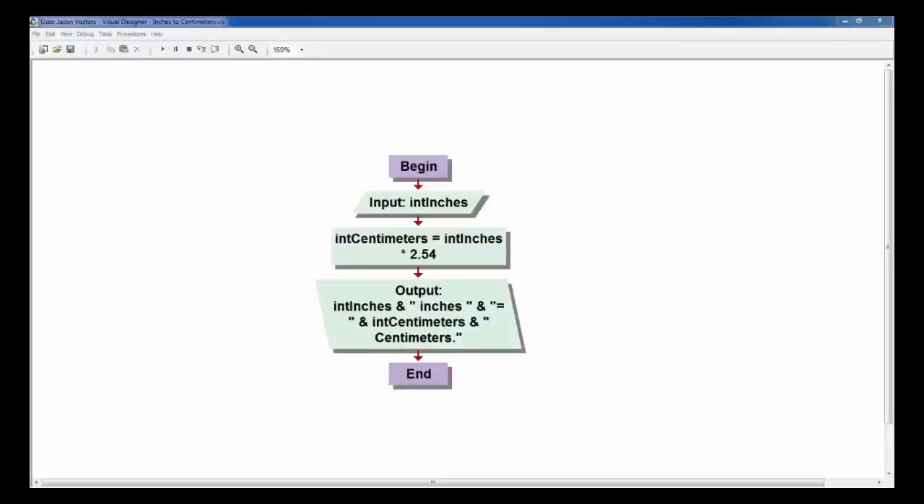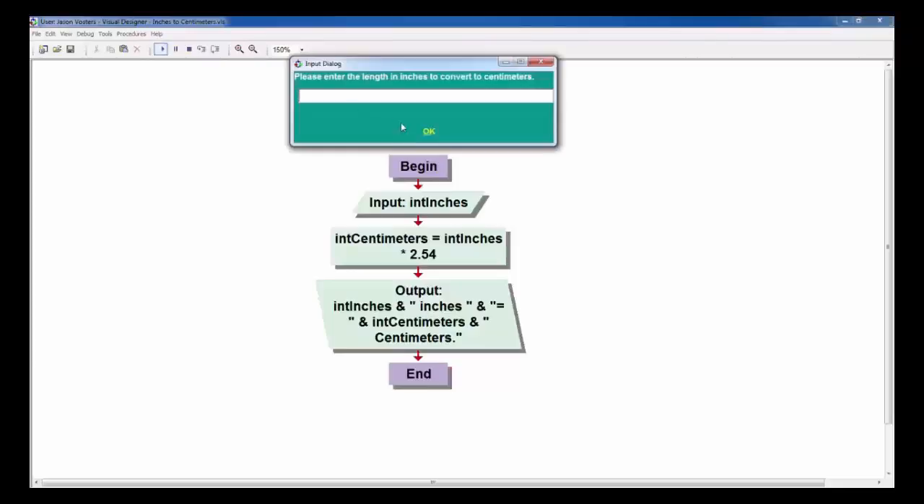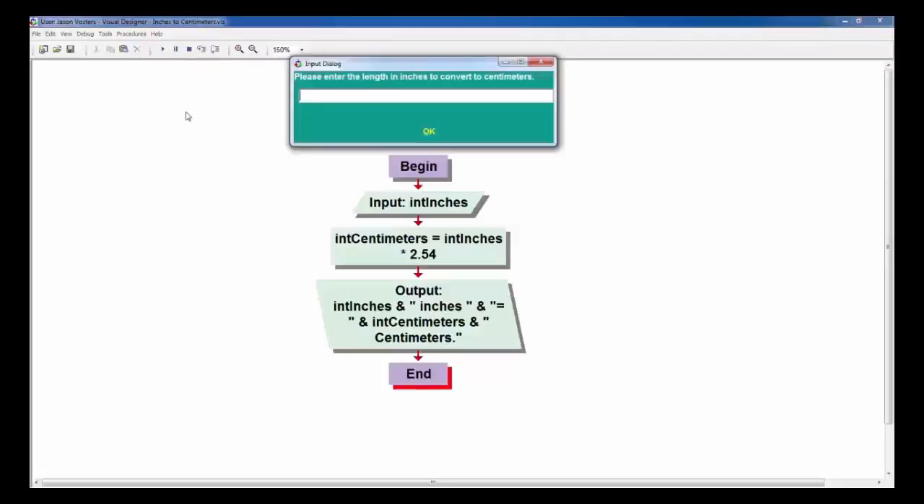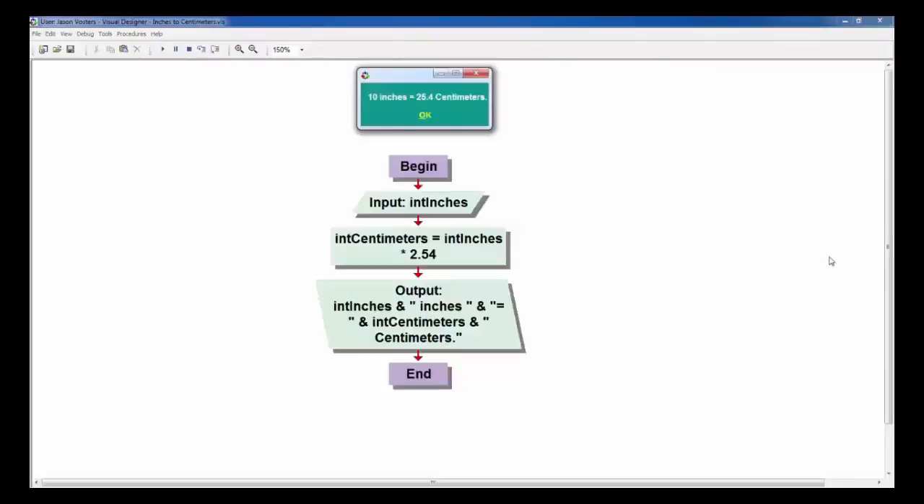The first program that we're going to look at here is a simple 3-line program used to convert an amount in inches to centimeters. I'm going to go ahead and run this program. Please enter the length in inches to convert to centimeters. I'll say 2.25. 2.25 inches is equal to 5.715 centimeters. Then I could rerun again and of course choose a different amount, and I will get a different